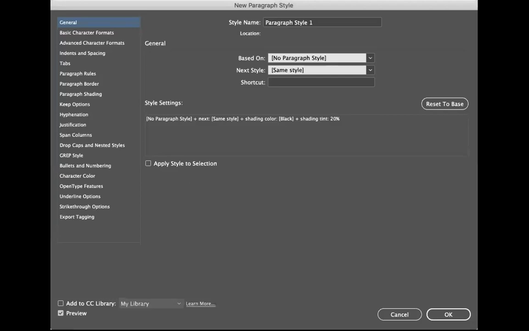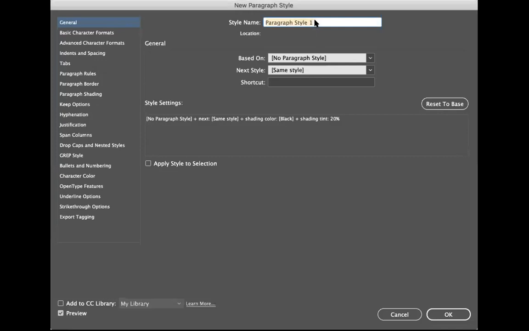And this panel is to allow you to edit and change your paragraph style based on what typeface you want your body copy to be, what size, point size, and even color. You can set tabs if you want and then some spacing, but we're going to keep it simple for this one. So what we're going to do is see where it says style name.